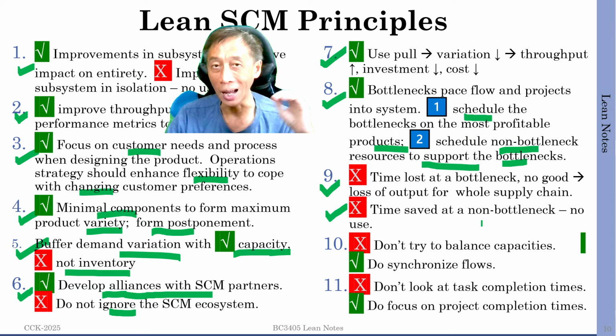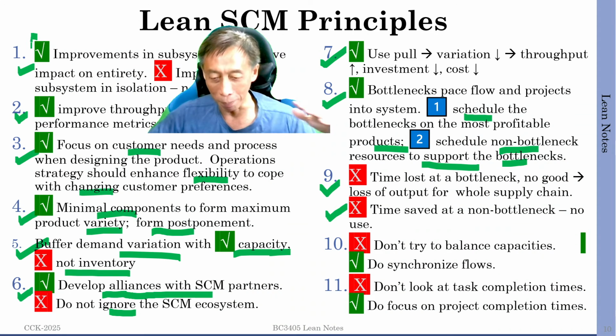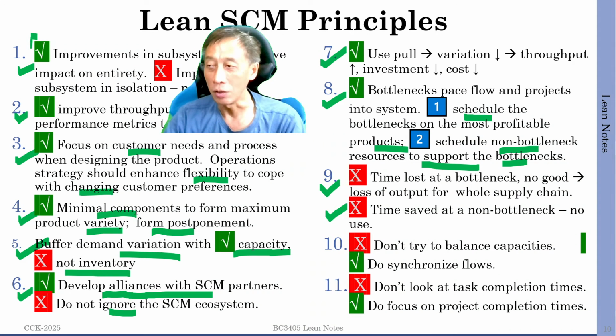On the other hand, at a non-bottleneck, you try to improve and reduce setup time and breaks and whatnot. At a non-bottleneck, that's almost like back to point 1. You're not improving with sight of the benefit of the whole process, right? Non-bottlenecks are already better than bottlenecks in terms of capacity. So when you improve the capacity some more, it will not help the overall process. Yeah, so don't do that, wasting the time and effort.